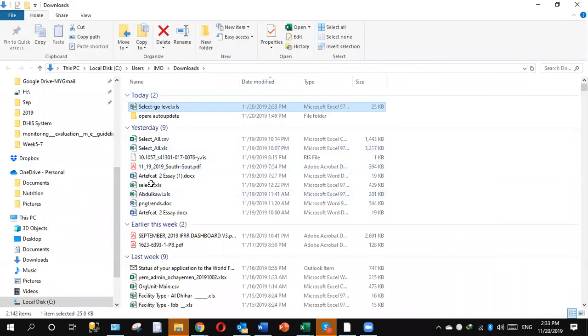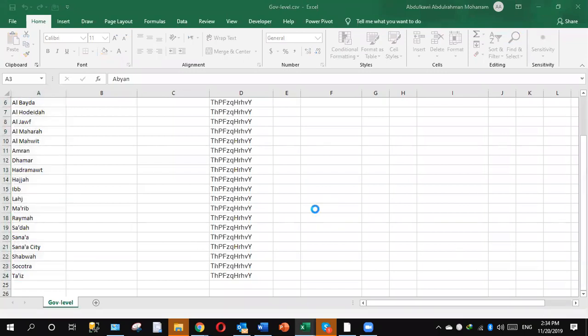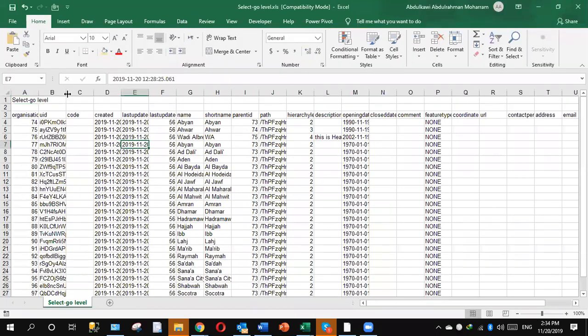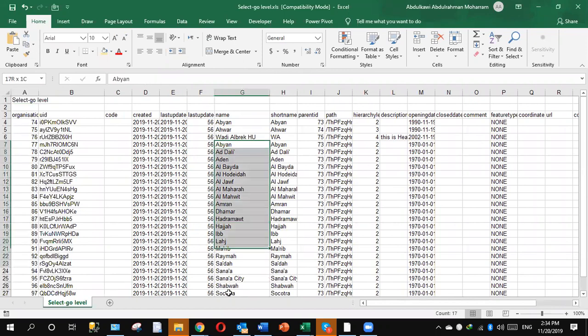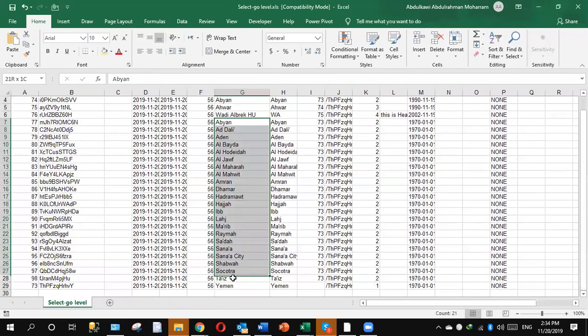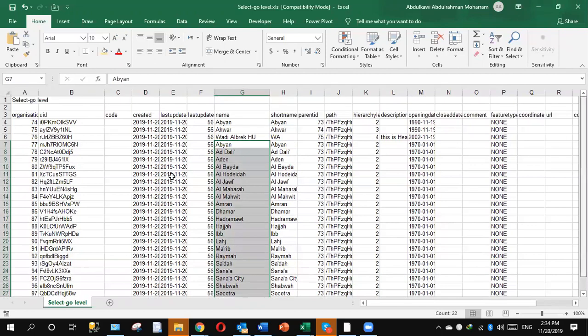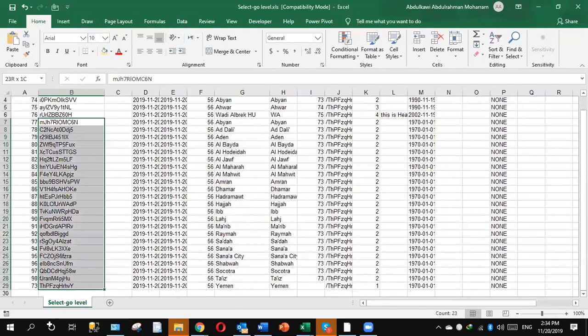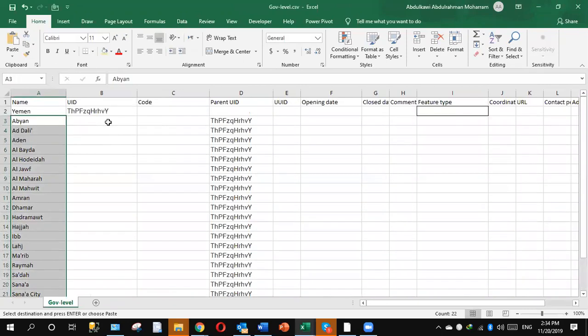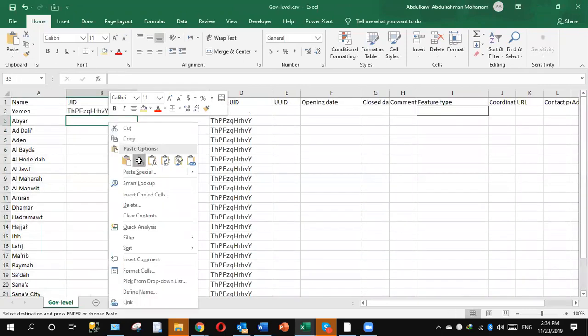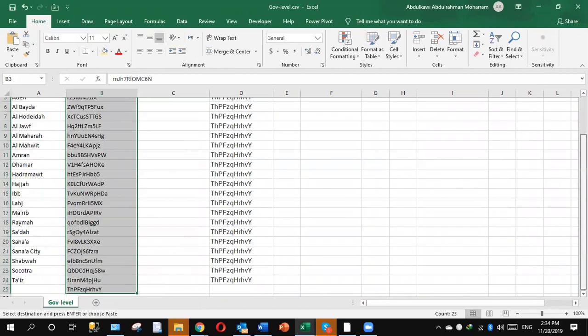So now you have the organization units you already created, and also with the unit ID. So go for this one and copy paste for this unit ID. So now